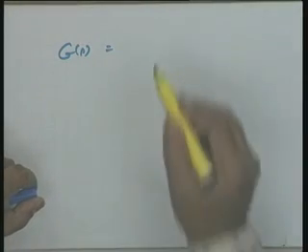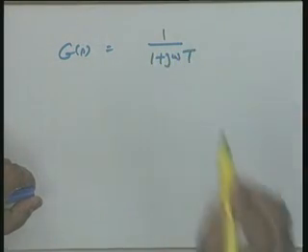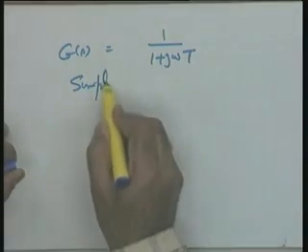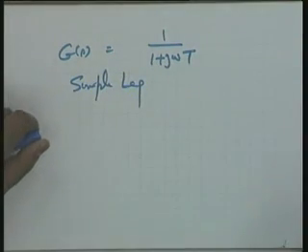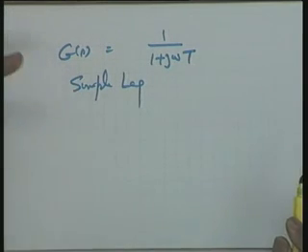Okay. Let me now quickly go to the other building blocks. With this introduction, I think the speed can be increased now. G(s) is equal to 1 over 1 plus j omega T, a pole, a simple pole or a simple lag, I can call it. By simple I mean a first order; I will make it quadratic when it is a second order factor.